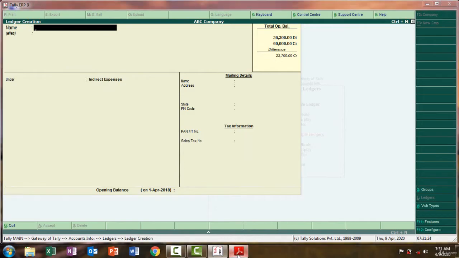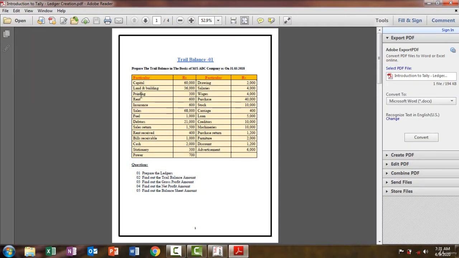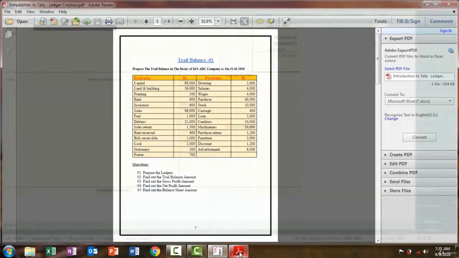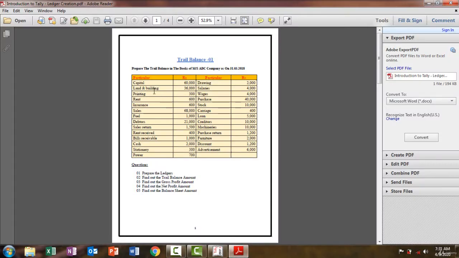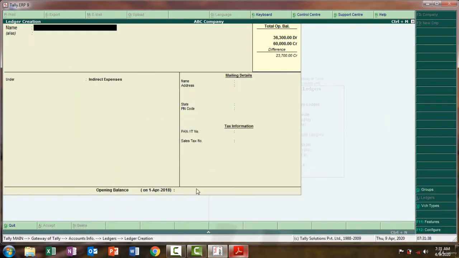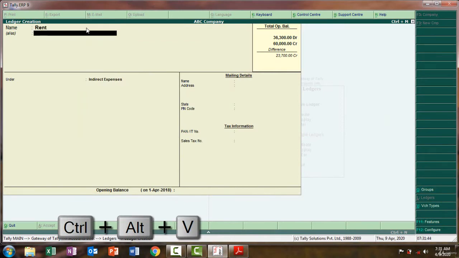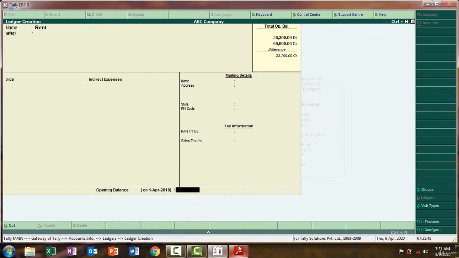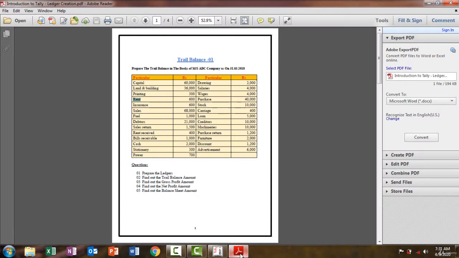And then the next one is rent 600. I'm going to select, Control C to copy, and Control Alt V to paste. The rent amount is indirect expenses. The amount is 600,